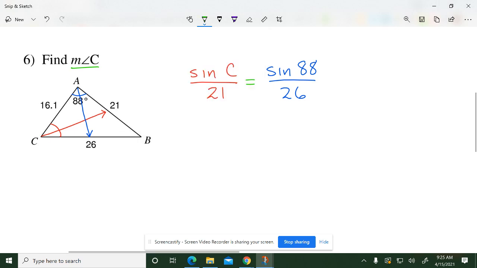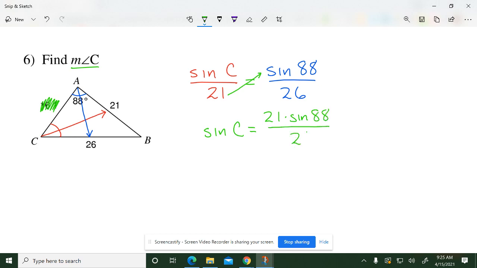And I have one side, the 16.1, I don't need it. It's great that I know that, but I don't need it to solve the problem. This is all I need. To work this out, I could cross multiply, but I don't need to fully cross multiply. I need to get rid of the 21 that's underneath sine of C. So I take this 21, multiply it by the other side, and it ends up on top. So sine of C equals 21 sine of 88